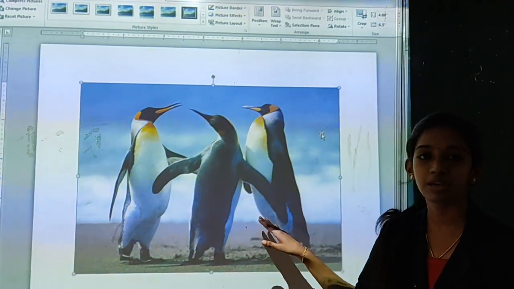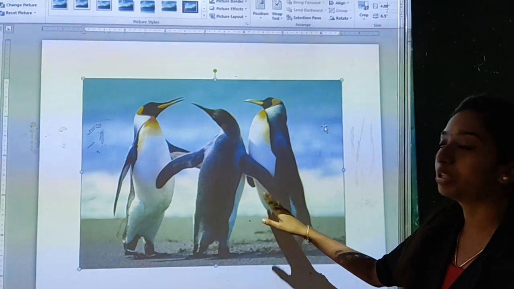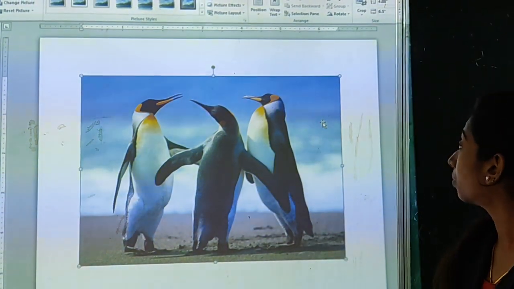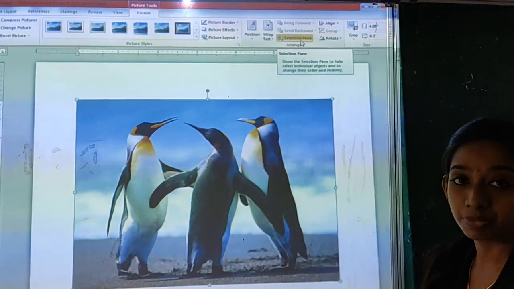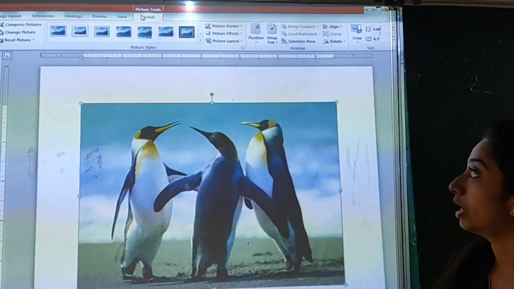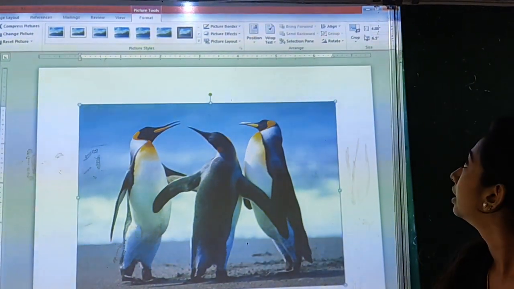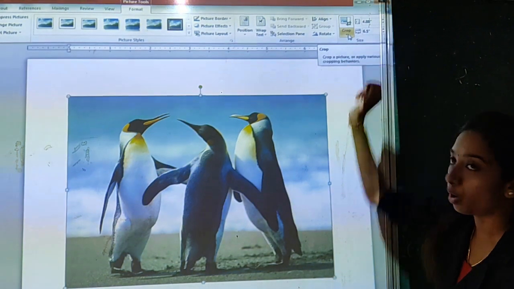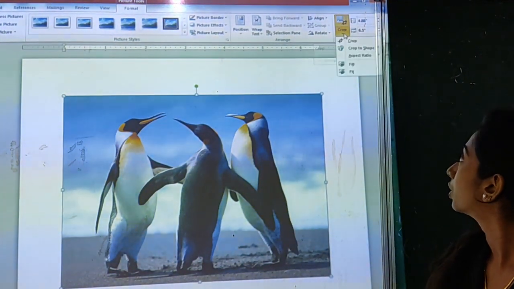So here you can see a picture, right? We are going to crop the unwanted portions of a picture. So go and click on the Format tab. Here you can see the crop option. Click on crop.